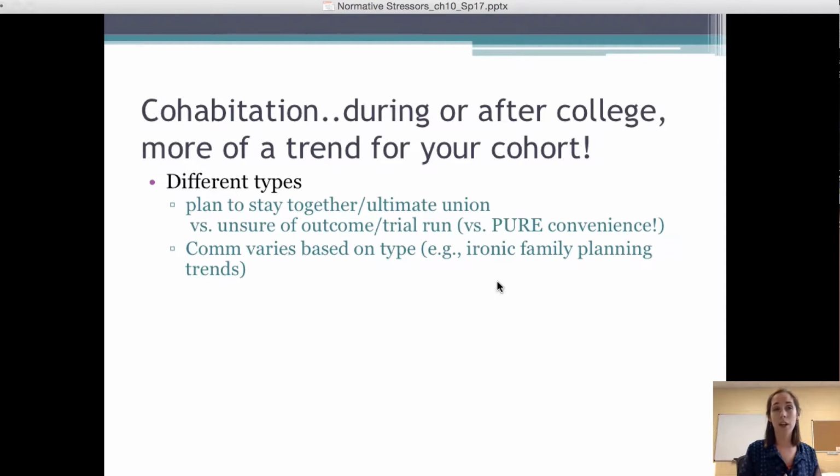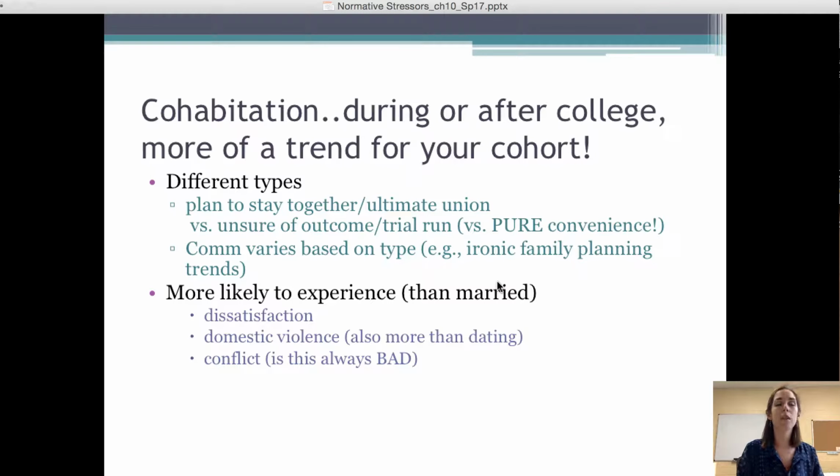So this is a little ironic, and I got to be honest, a little bit scary. But everybody should be talking about family planning, as we know from our other units. Cohabiting couples are more likely to experience dissatisfaction, domestic violence, and conflict when you compare them to the married batch. I've warned you about that, though, in the beginning of the semester. When you compare married data to cohabiting data, you need to watch out,